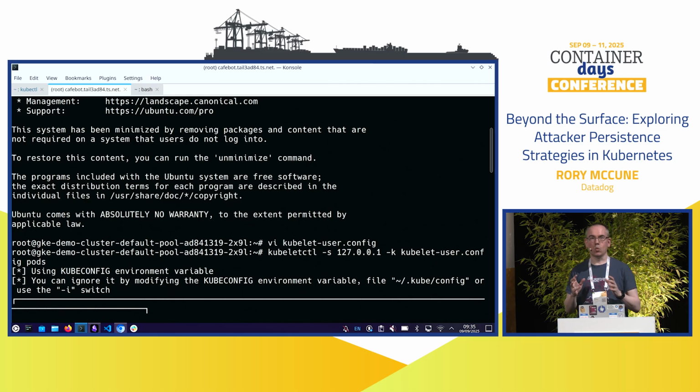Importantly, these credentials work on every node in the cluster. So again, if we had 2,000 nodes, you would just change that IP address from 127.0.0.1 to the IP address of another node, and you would be able to list all the pods. You would also be able to exec commands on all of the pods in the cluster. So for example, if I wanted to list secrets in a pod or something like that, list the environment of the pod, do anything you can think of to do inside the pod. And none of this would show up in the Kubernetes API logs because we're not talking to the Kubernetes API server. We're talking to the Kubelet API. So that sounds great. Excellent.